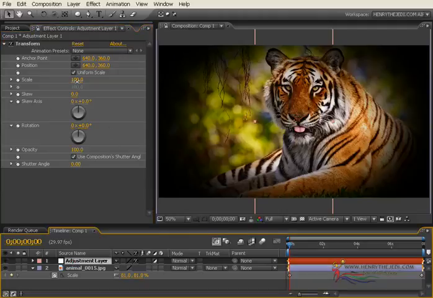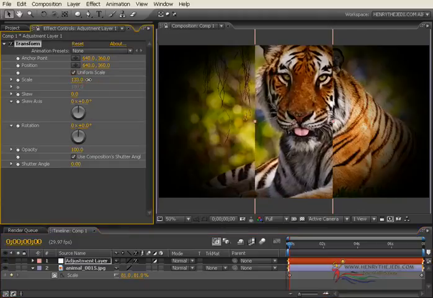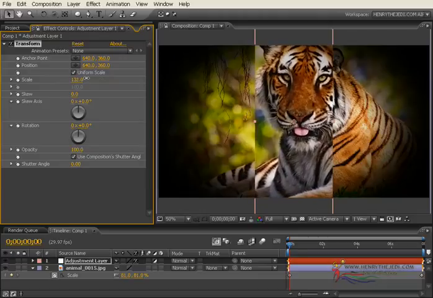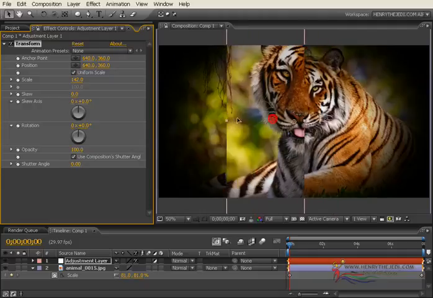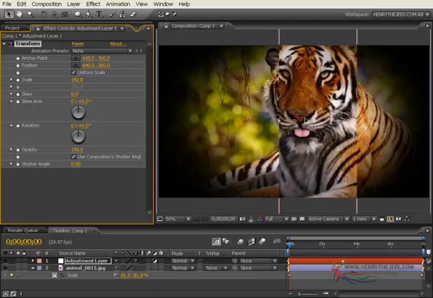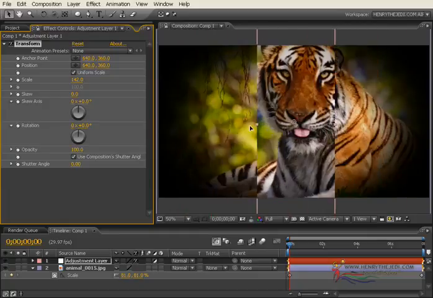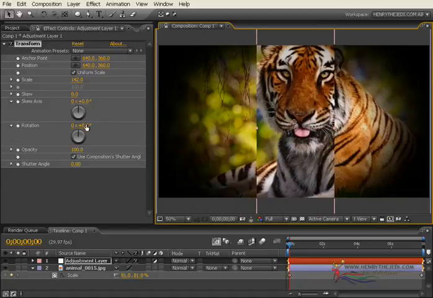When we scale the adjustment layer up like that, can you see what's happening to our tiger's image? Of course, it is scaling up, exactly. And if we move our adjustment layer, you can see how its scale affects whatever object is below it. So it's a cool animation that we're going to work on.